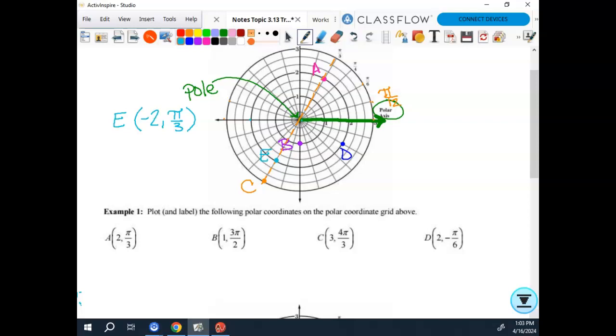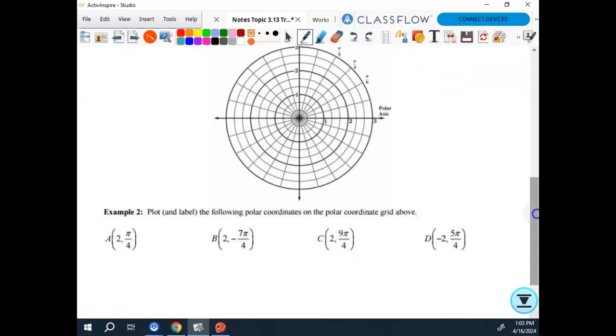We good? I'll take that as a yes. All right. Let's look at this next example. Go ahead and plot point A for me. 2,